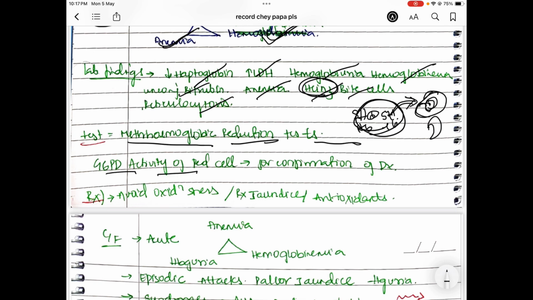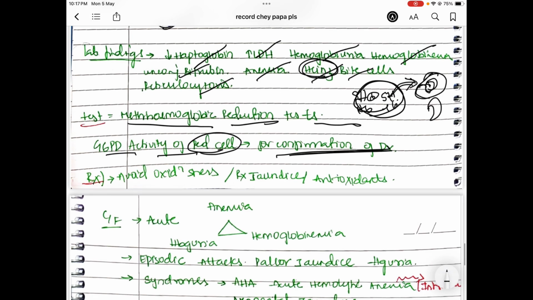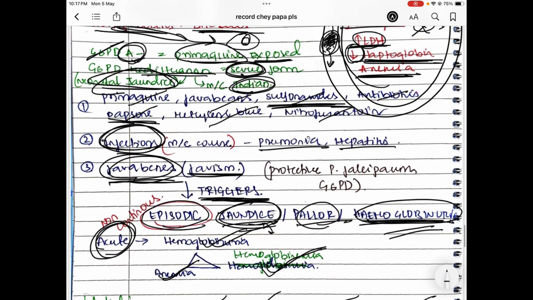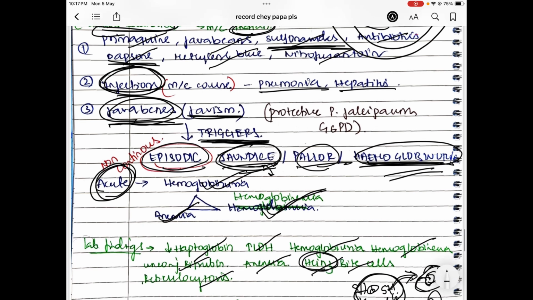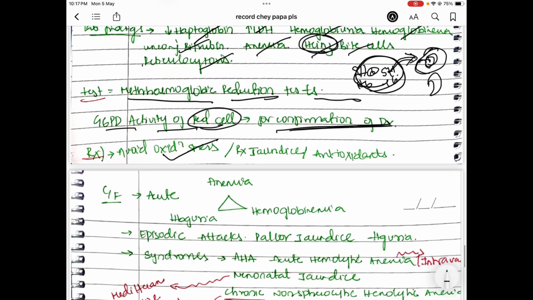And G6PD activity of the red cell can also be noted for confirmation of diagnosis. And treatment: avoid oxidative stressful conditions, which include primaquine, fava beans, sulfonamides, antibiotics, antipyretics, dapsone, methylene blue and infections and fava beans, right? So avoid this oxidative stress. If there is any jaundice or any other symptoms, you can give symptomatic treatment, and antioxidants can also be given,